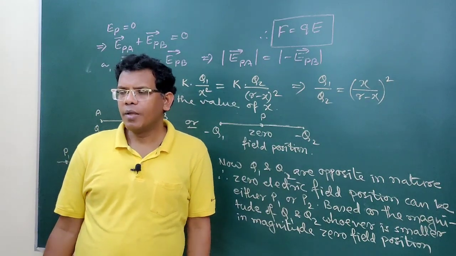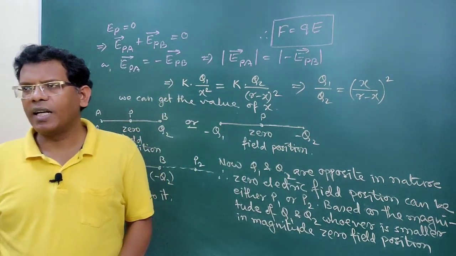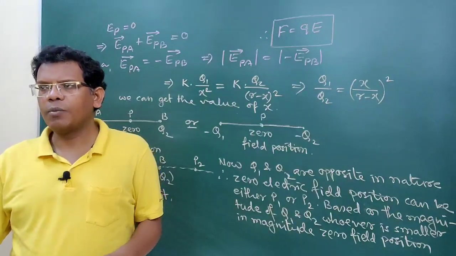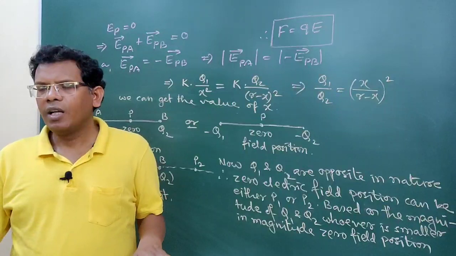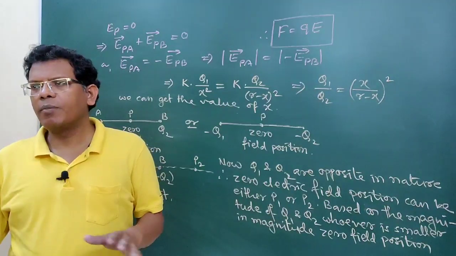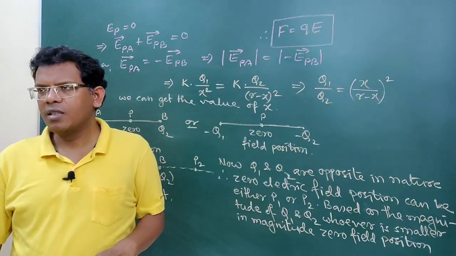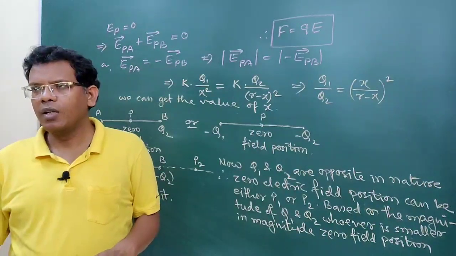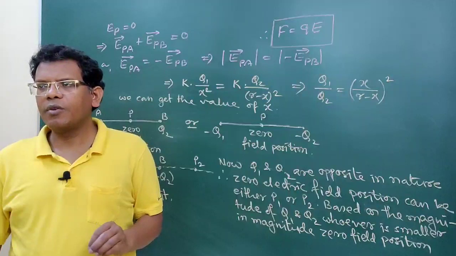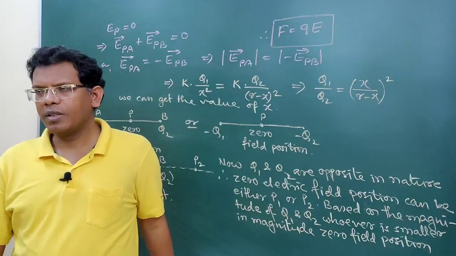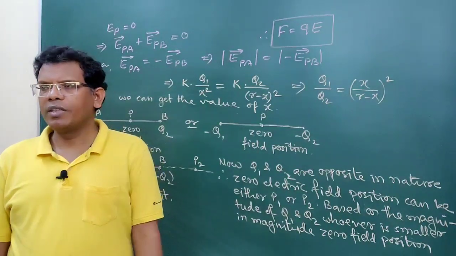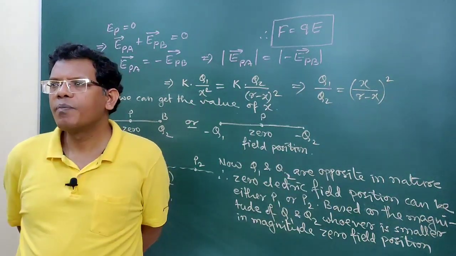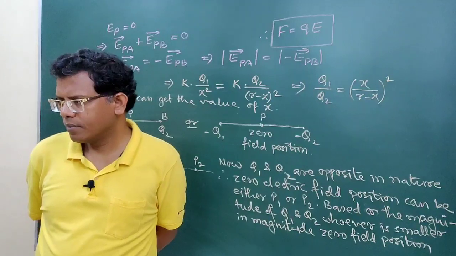Got my point? Because the zero field position suggests that the vector sum of all the forces has to be zero, and that point should definitely be on the same plane as the plane containing all those charged particles, right? And the vector sum of all of them can be zero at one point only, due to all given charges of given magnitude and at fixed positions. Got my point?